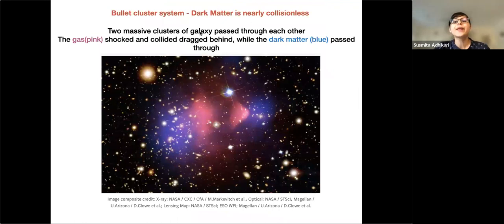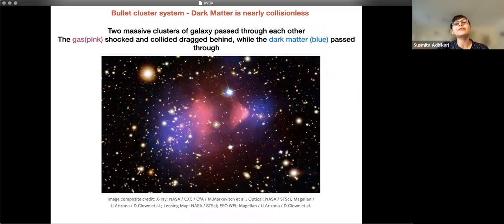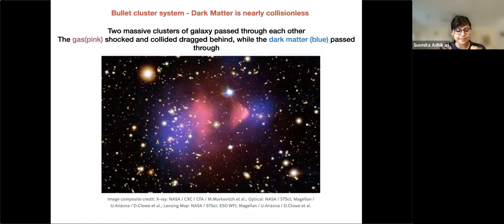in the universe, right? We want to understand what the property of this matter is. We want to understand what the basic microphysical properties of dark matter are. So apart from the fact that we know that it does not seem to emit light, and that it interacts gravitationally, gravitational lensing of this particular system called the bullet cluster system provided pioneering work,